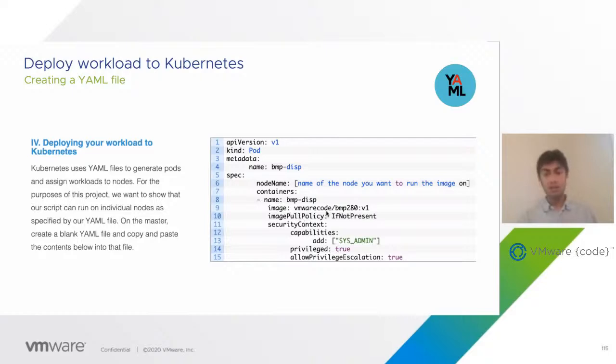So it automatically knows that, okay, if it's in this format, we should be pulling it from Dockerhub. And then the rest of this is pretty much security context. And that's basically telling it that it needs to run in privilege mode, because as I said before, using that sensor information means that you're going to need full access to the hardware you're running it on, which is why we need to make sure that we're an